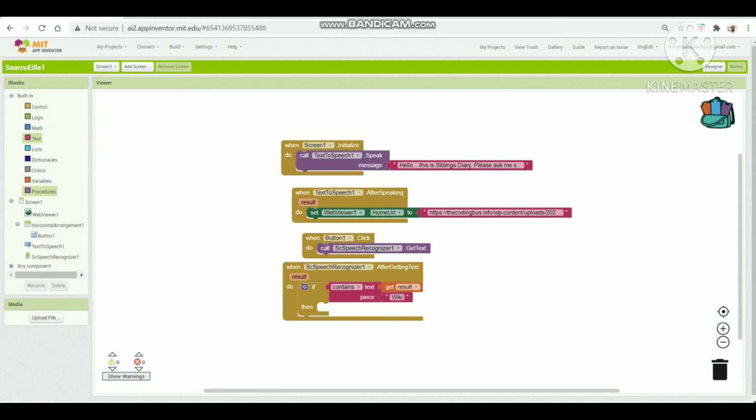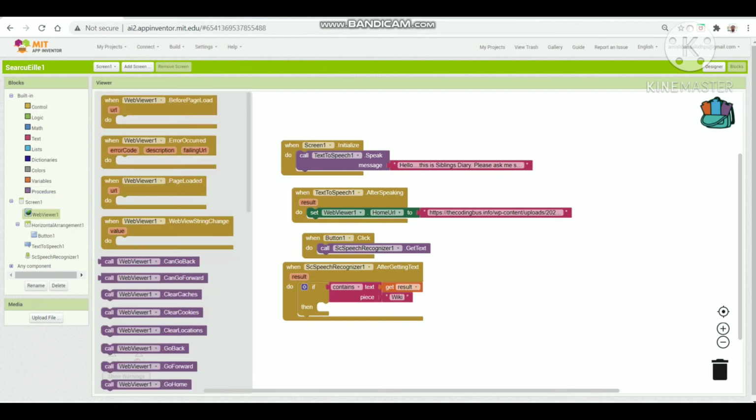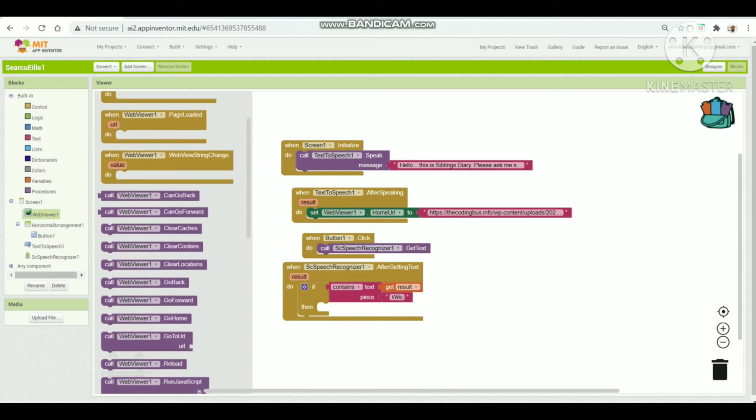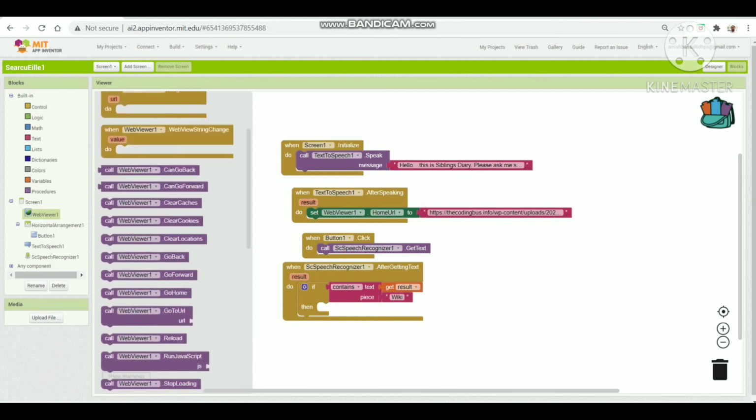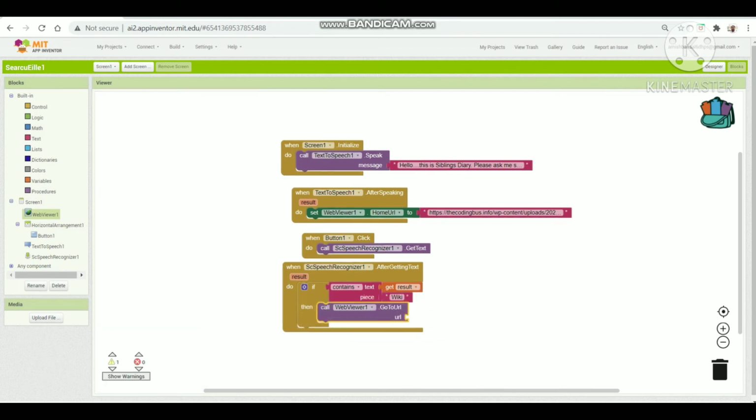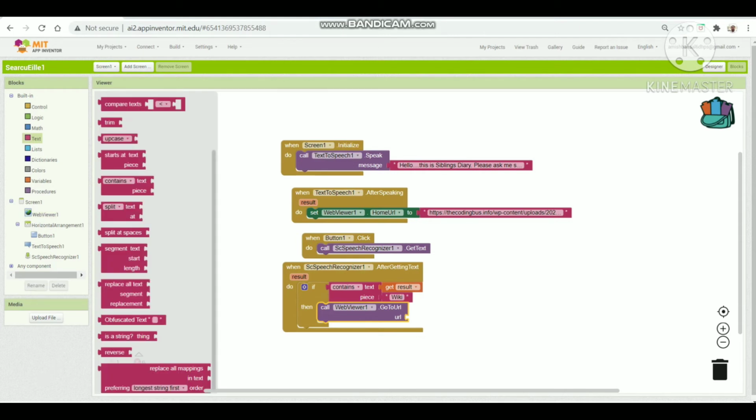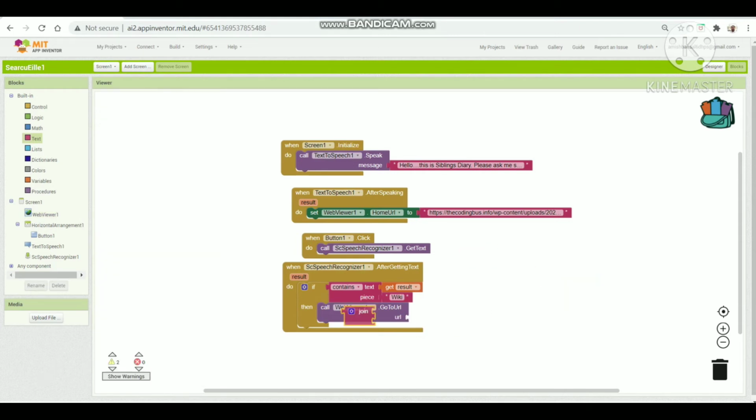Now go in web viewer and drag call web viewer go to URL, and URL this, and paste it in the then one, and then go in text and drag this join, and from now copy this and paste to the screen and change the text to the link of Wikipedia.